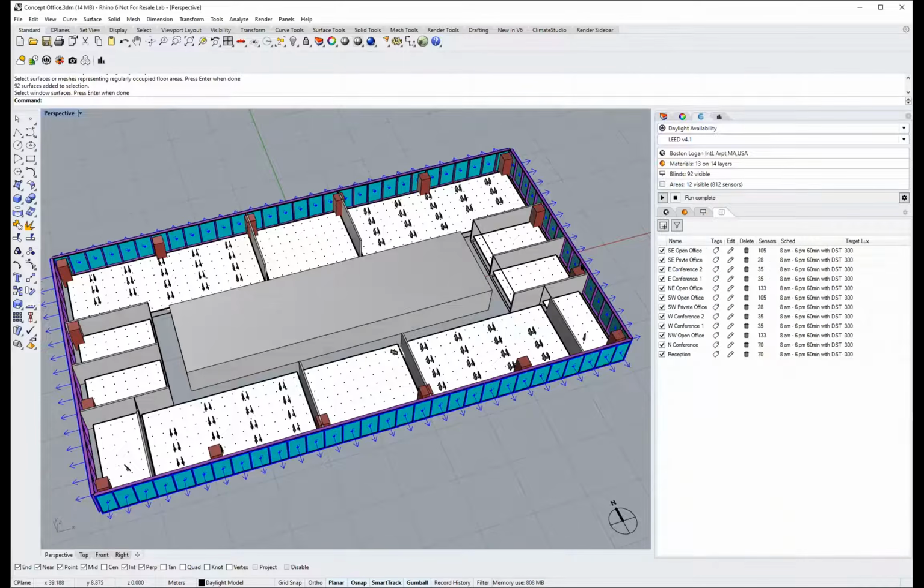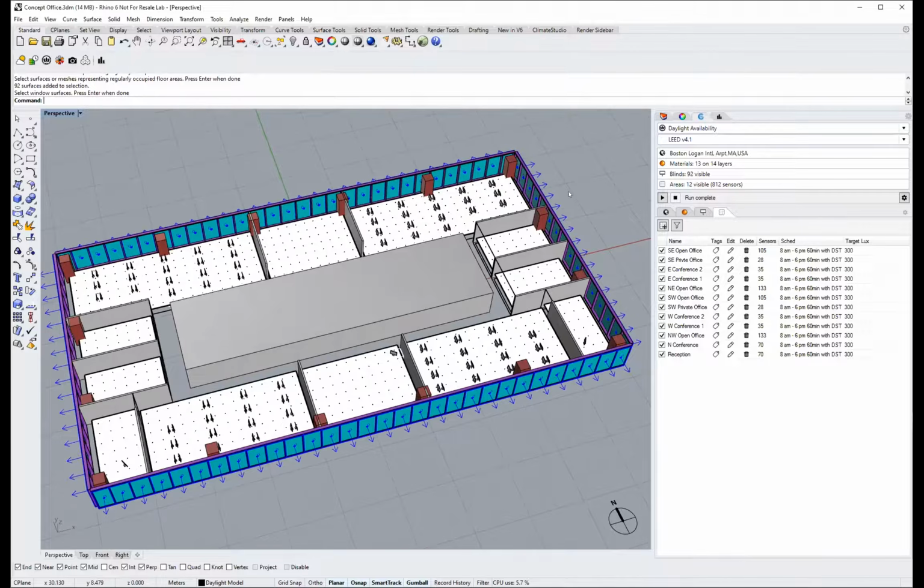So what we've described here is a full office floor plate, fully glazed facade. And the question is, how does this perform from the perspective of those two questions we asked earlier? So daylight sufficiency and comfort. Daylight sufficiency will be answered by this workflow, and we can dive into the details of comfort a little bit later. But if I click run,